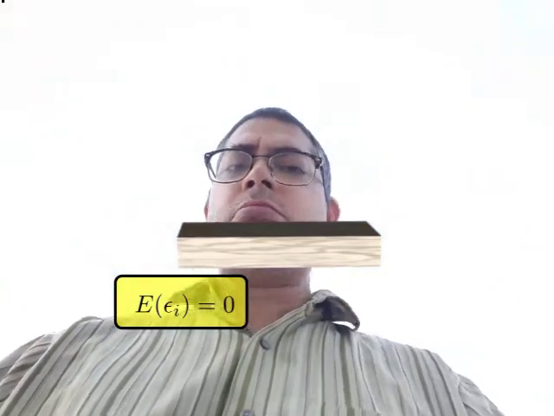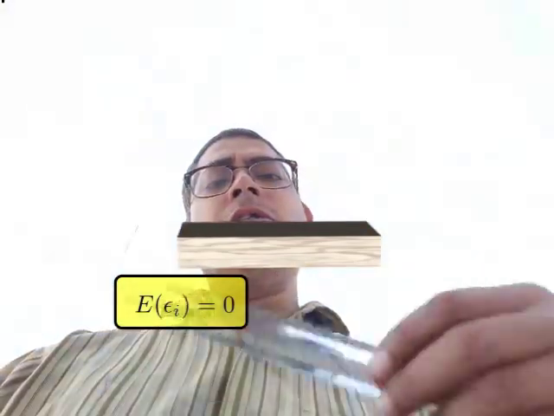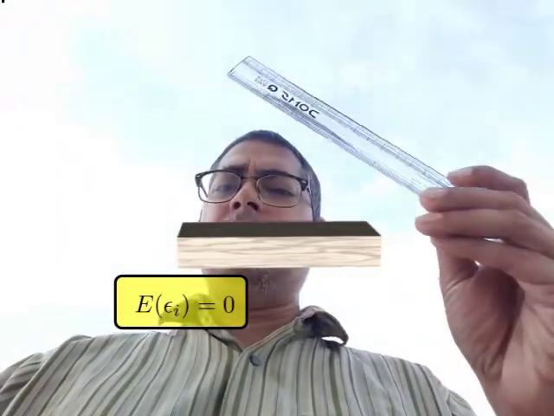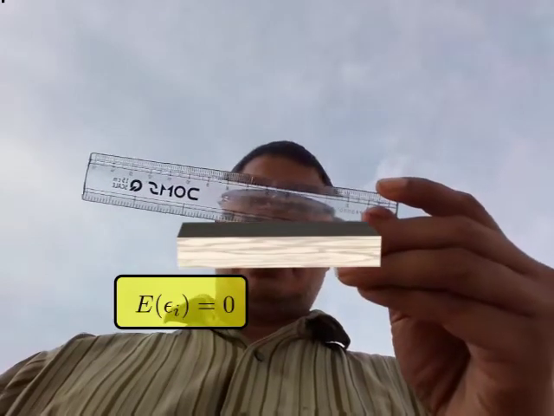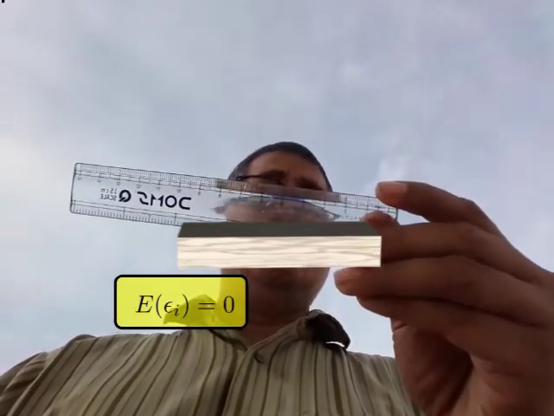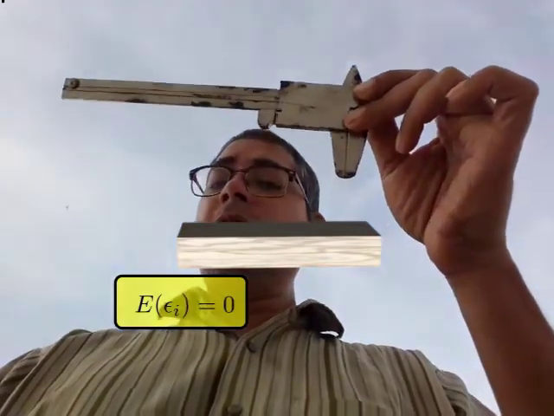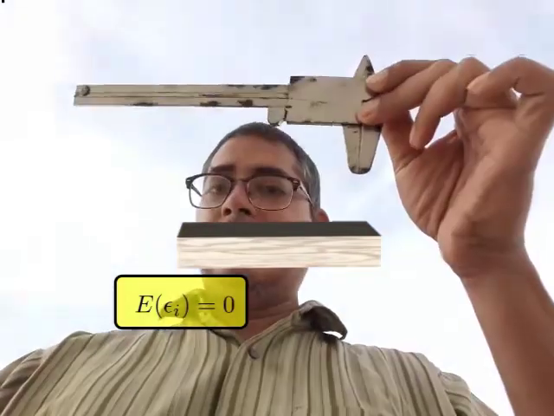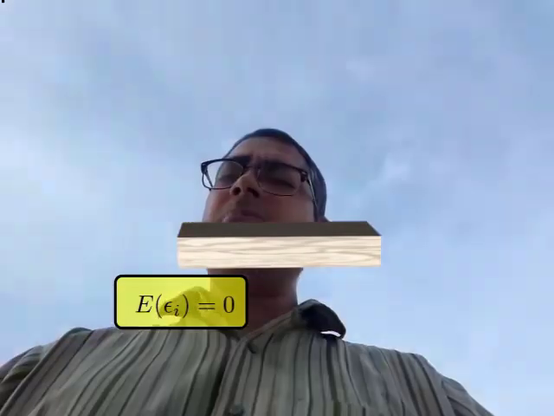Now, should I just take the average of these 2? That is not reasonable because this one is just an ordinary scale. So I had to do lots of eye estimation and get a result closest up to a millimeter, and even then I have to do a lot of squinting of my eye. But this one is fitted with a vernier scale. It can go up to 0.01 centimeter, that is 1/10 of a millimeter. So this is more precise. In this case, taking simple average does not look like the best thing to do.